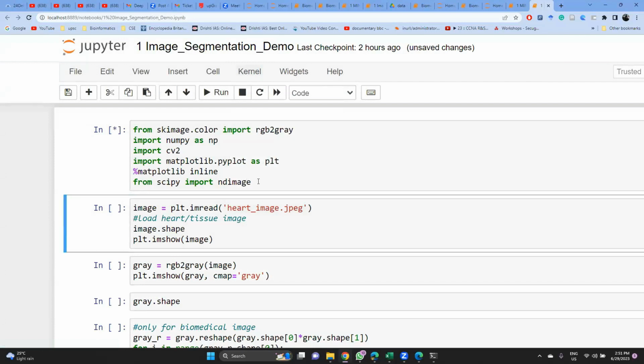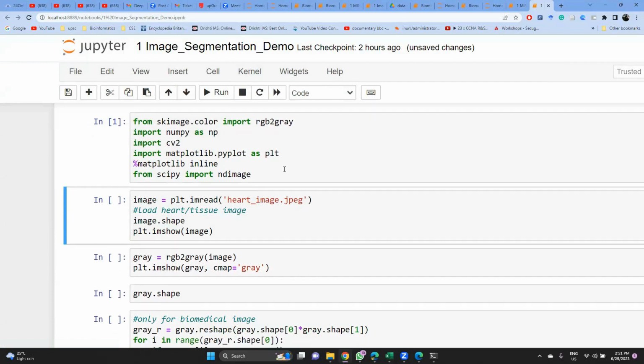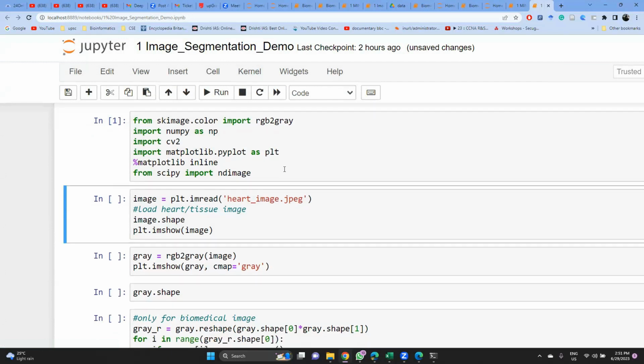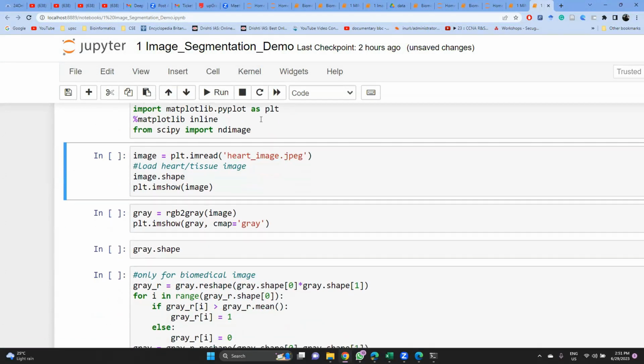So what we have to do, we have to import all the libraries. Over here, I have used skimage, which converts from RGB to gray. If we have color images, then we have to convert them to gray, and this library will do that for us. Then we have numpy, CV2, all the same basic libraries which we have used. Then we have